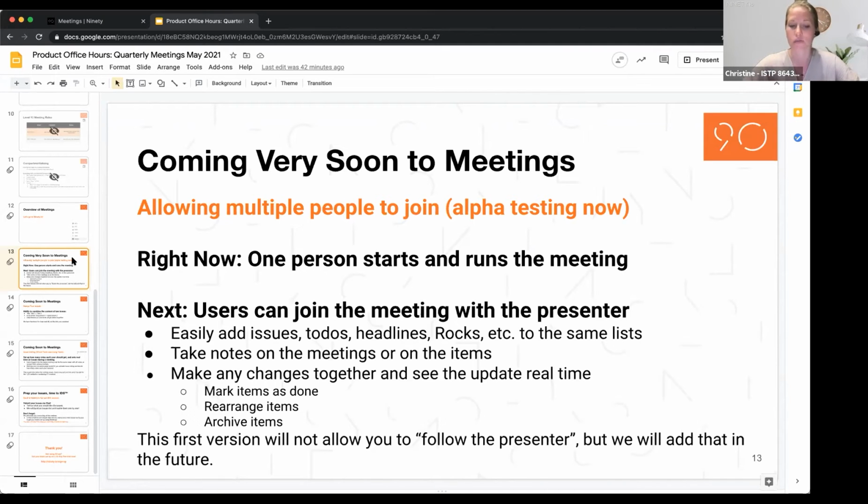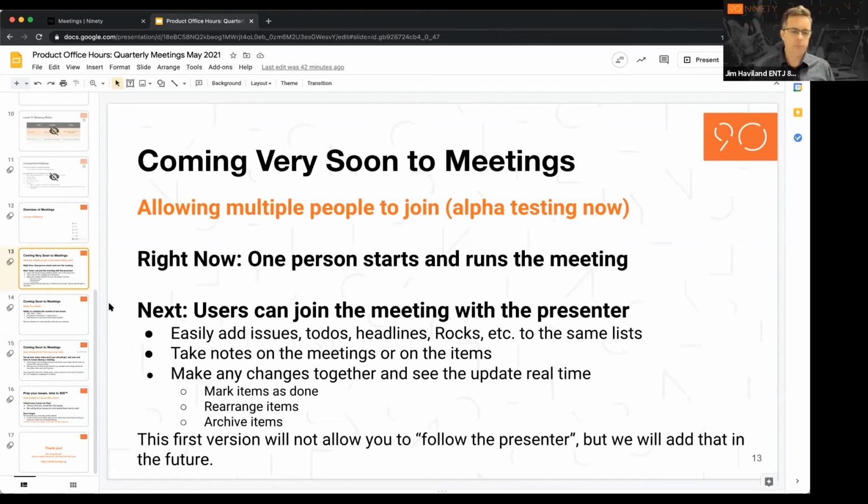Essentially, what this function is going to let you do is one person starts the meeting and then anybody else can join that meeting. It'll be for level 10s first, but I thought it was still relevant for this phone call too, because the next thing we'll do is take that same function into quarterly meetings, into annual meetings, and keep going throughout every meeting type that we offer, so that it doesn't matter what kind of meeting you're running. Anybody can join, collaborate, add issues at the same time, take notes, and see the different items in real time. Yeah, I mean, becoming Zoom companies, work-from-anywhere companies, this has become a critical issue for people.